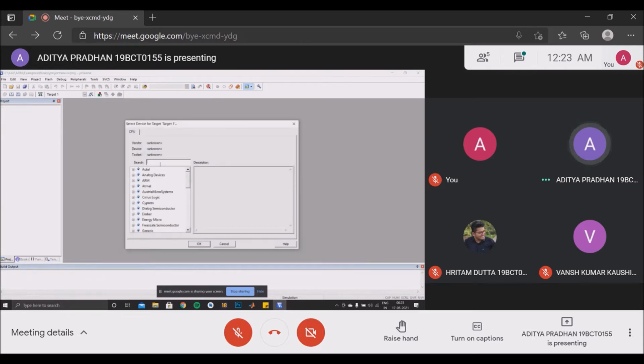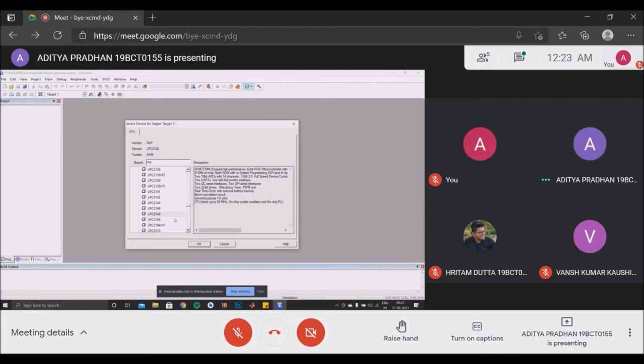Further, it asks us to select the target. So we search for NXP, under which we need to search for LPC 2148, which is here. The description is also given.